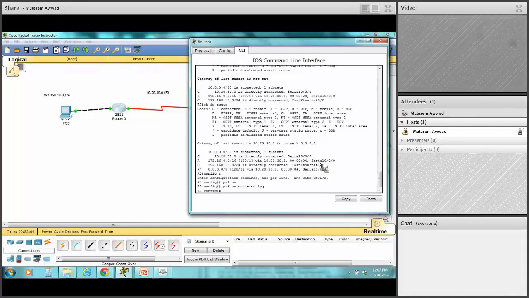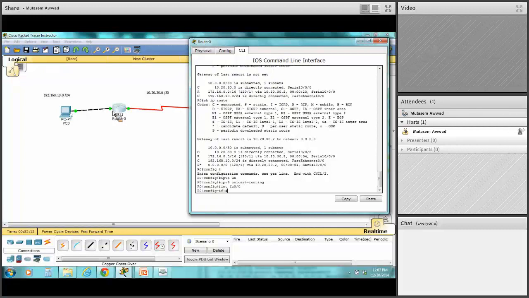Now I go to interface FastEthernet 0/0, FA 0/0. I give it an IPv6 add. Let's say I give it the global address 2001:0DB8:ACAD: